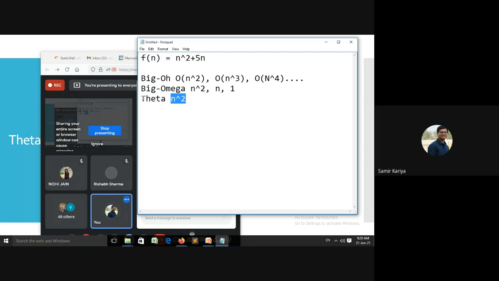That's a theta, tight bound. Here it's upper bounded by minimum n square, or you can just say greater than n square. You can write n cube, n4, n5, n raised to 6, anything. Here for big omega, you have to write the less than or equal to. So equal to that's n square, or less than that's n or 1. Here it's a theta bound, an exact tight bound, so you have to simply write the exact answer, n square only. So this is the theta, tight bound.